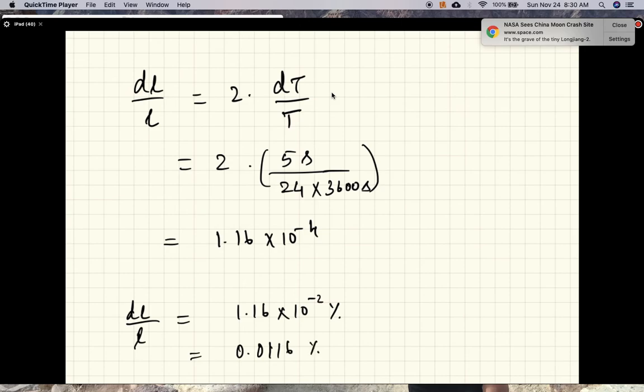You have to decrease the length of the pendulum by 0.0116%. So that's how accurately the length has to be designed for a pendulum clock. Okay, so that finishes